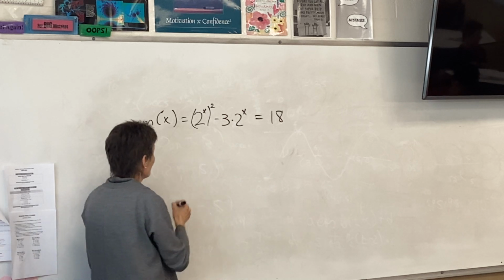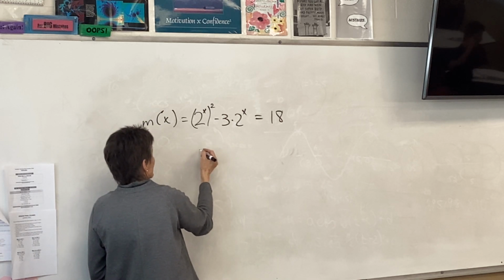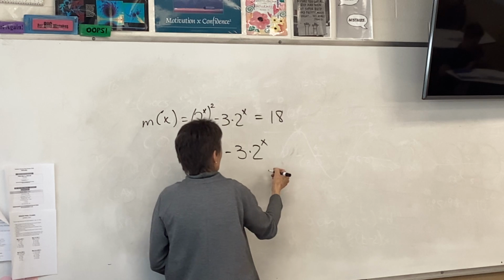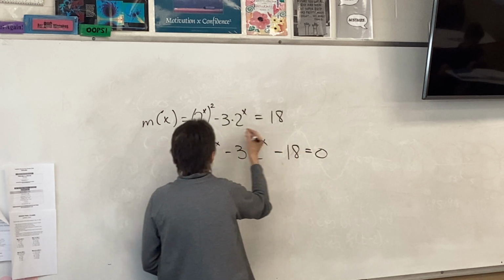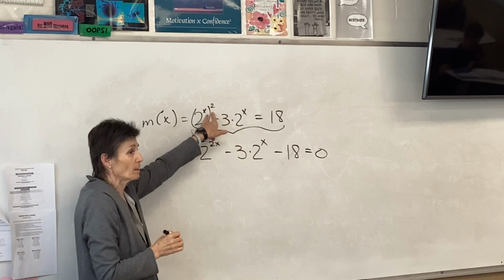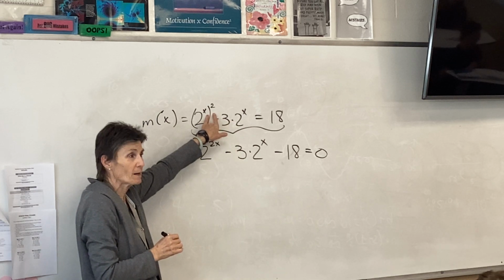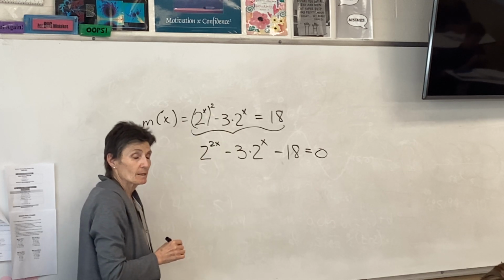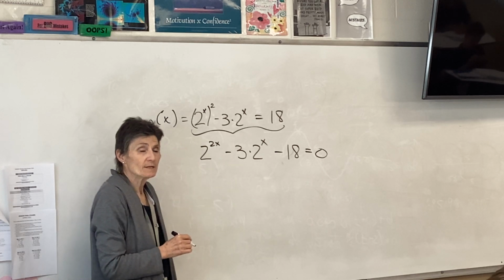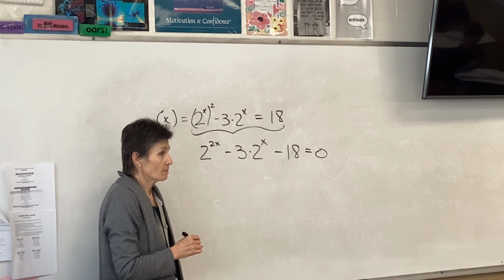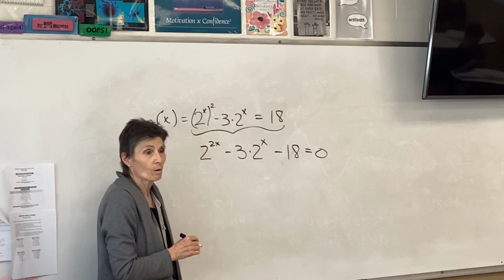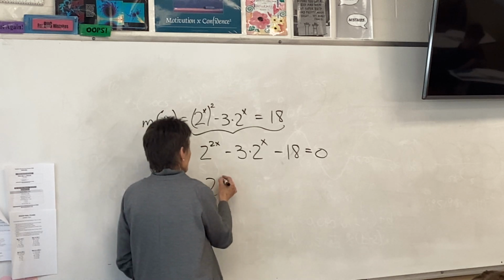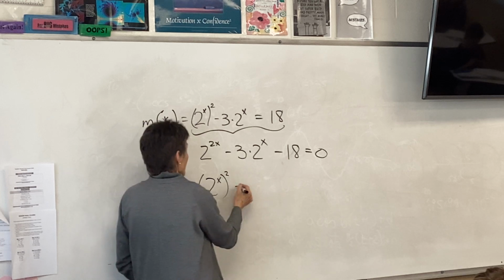So we're solving the equation that says literally 2 to the 2x minus 3 times 2 to the x minus 18 equals 0. That's a double exponent, kids. What do I do when I have a power to a power? Multiply them. Now, this equation, believe it or not, is going to be done with the quadratic formula or by factoring because it is in quadratic form. This is 2 to the x squared minus